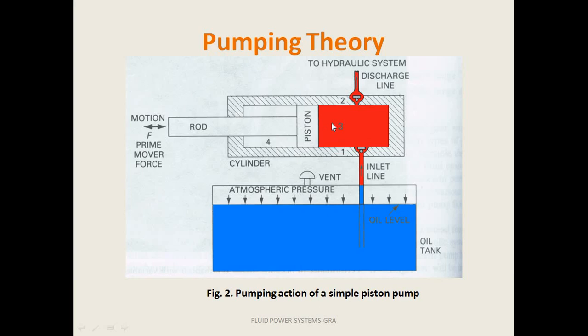So that is the end of the extension stroke. During the extension stroke, fluid is sucked in, and during the retraction stroke, that is the opposite movement, the piston rod moves towards the right hand side and the fluid present here gets pressurized. That is how valve number 2 is opened because of pressure, and the high pressure fluid is sent out. This is the best example of a reciprocating pump or a positive displacement pump. Both are unidirectional valves, and this is a simple pumping theory.